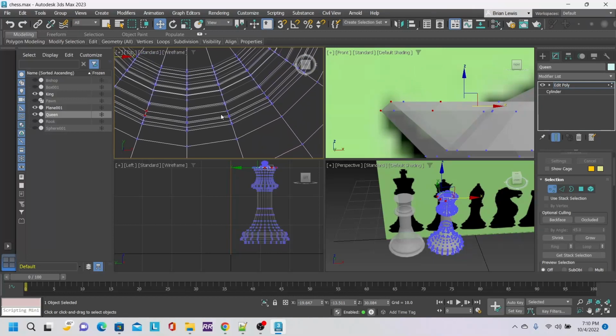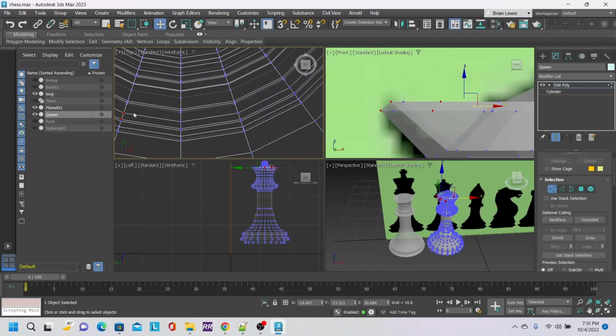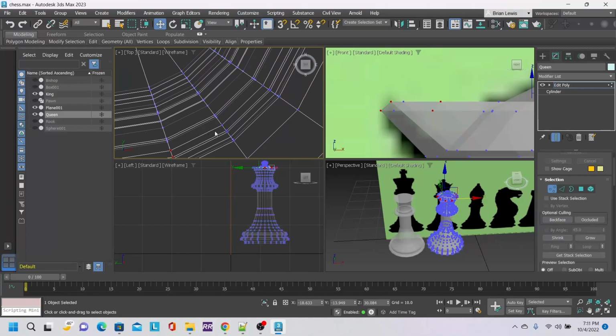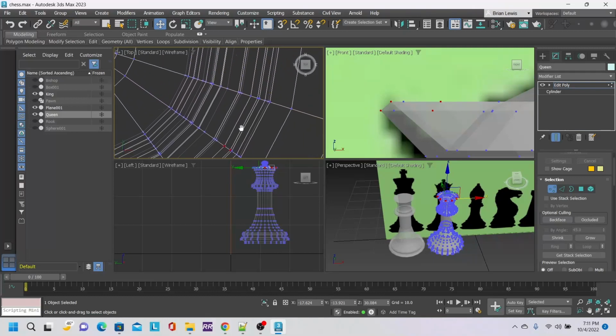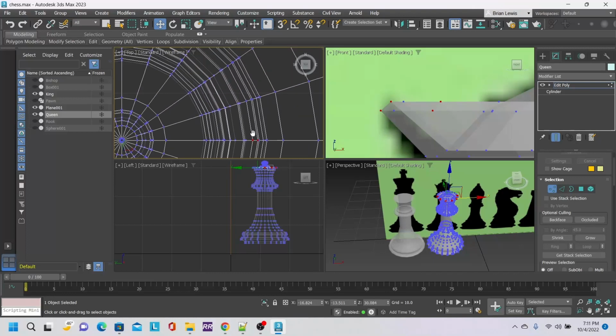Now again, the middle mouse button will let you pan the viewport around like that. So there's the vertex. We're going to skip that one, hold down Control. Next one out's the one I want again. Pan over this way, skip, click, click, skip, click, click. Again, keep in mind, every time I click, I'm holding down Control, because what does Control do? It lets you add to the current selection. Click, click,